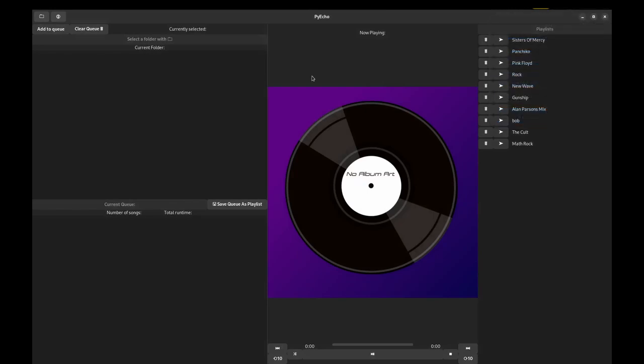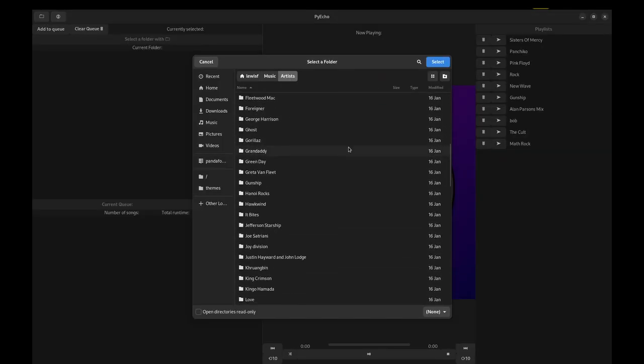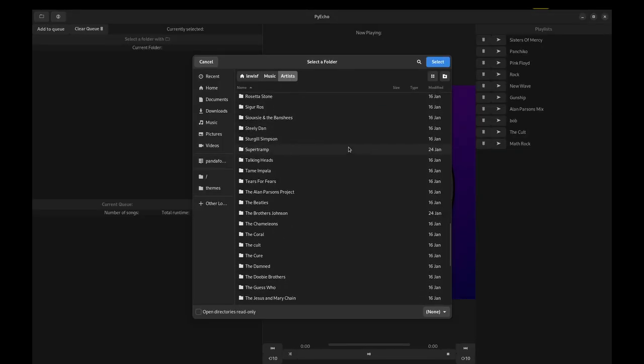It also lets me put buttons in the header like this for the information prompt, which shows the users how to use the program. Also, the File Explorer button is in here, which I'll get to in a second. When you open a folder, it appears down here with the rest of them. So if I pick Supertramp,